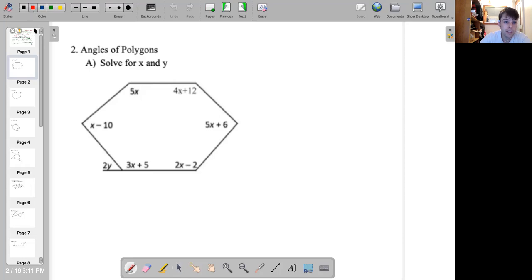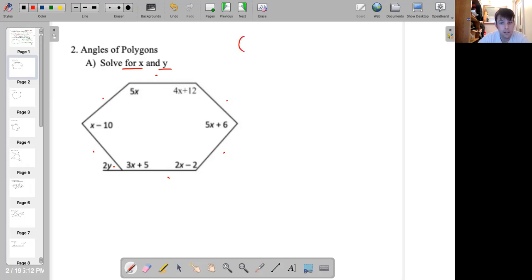Here we have a hexagon, right? 1, 2, 3, 4, 5, 6 sides. We need to solve for x and y. So x, those are only involved in my interior angles, and then y is only involved with this one exterior angle. So really quick, if you don't have it memorized, you need to find your interior angle sum